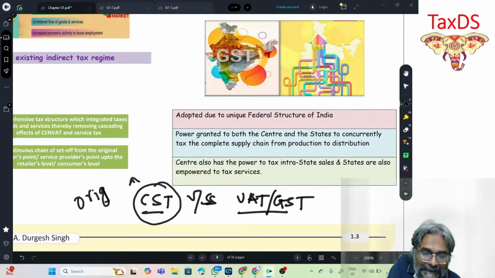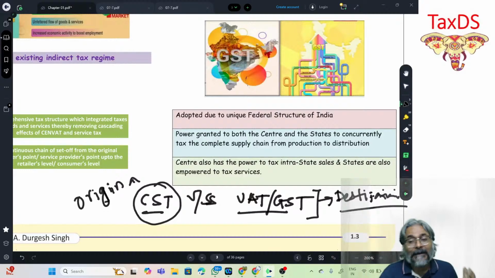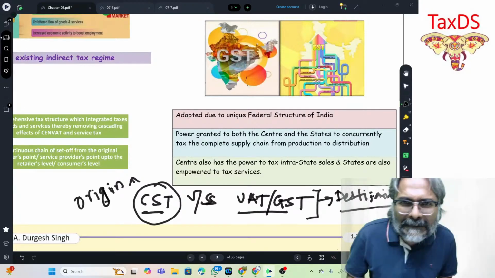The origin based tax was what the CST was, and the VAT and the GST is about the destination based tax. So the fundamental difference between the two is the fact that the CST is origin based, VAT or the GST is destination based. Now I hope that all of you are at least aware of this particular part,